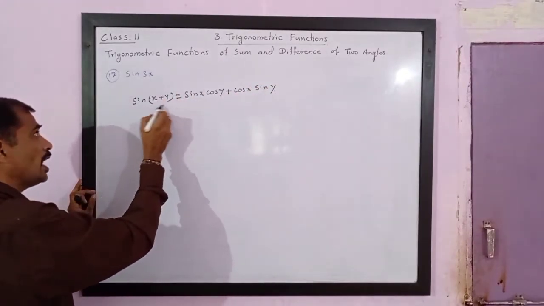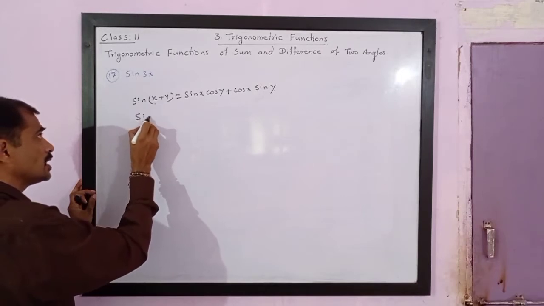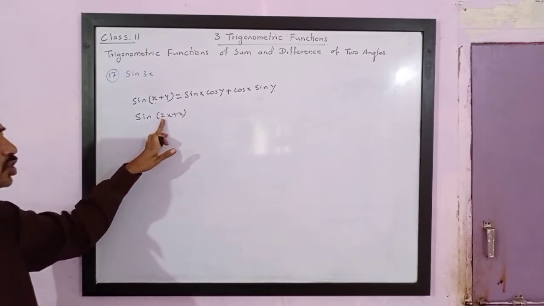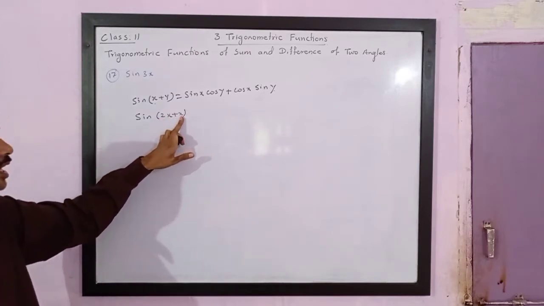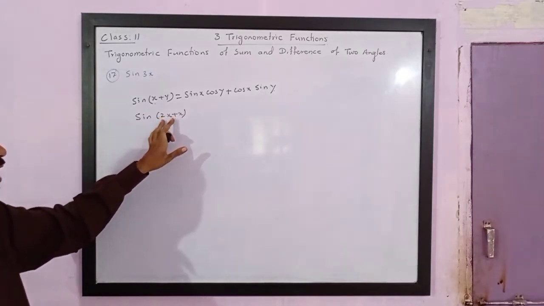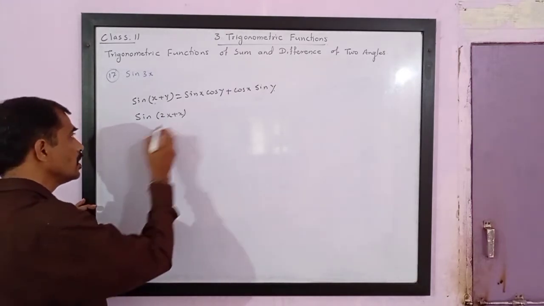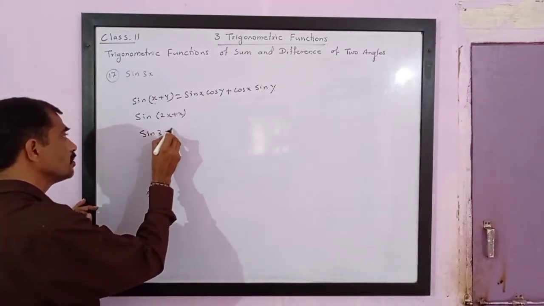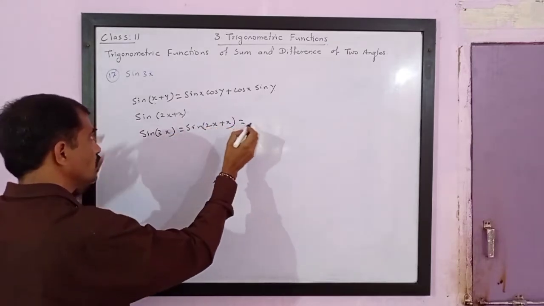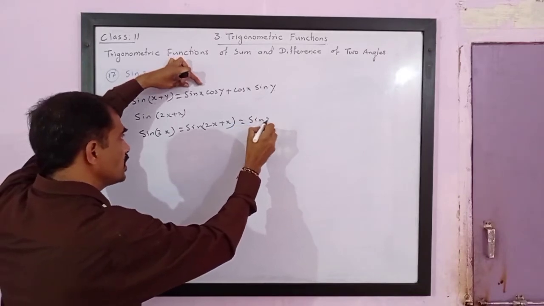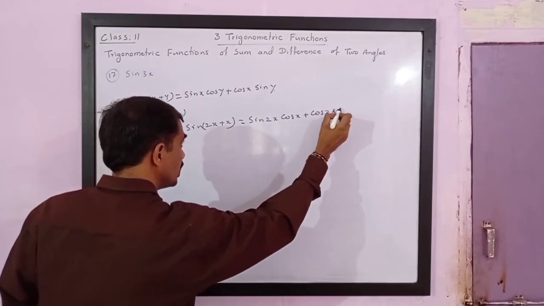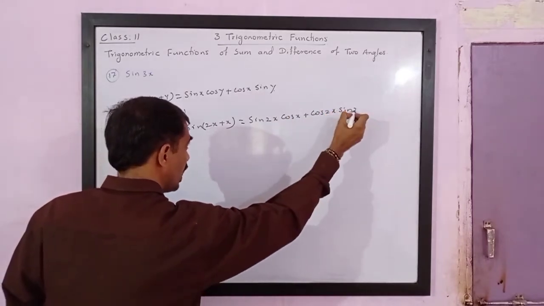Now instead of x and y, we are going to consider this as sine of 2x plus x. Please note these angles are not the same. This angle is 2 times the angle at the right hand side. So here x and 2x are half of each other, or 2 times of one another. So this becomes sine of 3x is equal to sine of 2x plus x. This is equal to sine of first angle, that is sine of 2x into cos of x plus cos of 2x into sine of x.